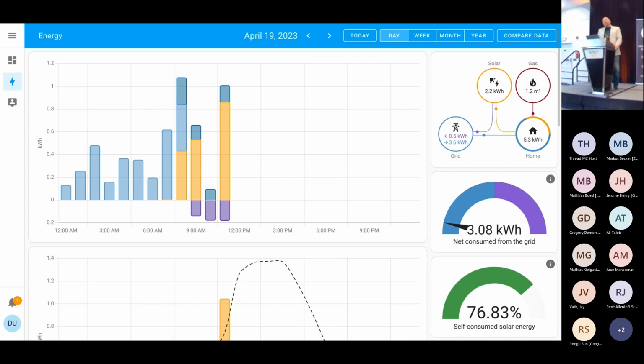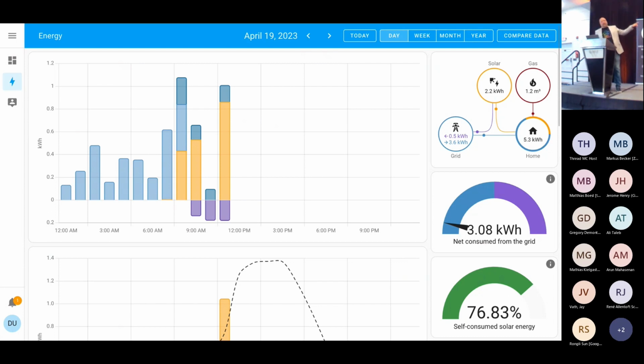And to get insight into your energy and to actually have your smart home act on it, you need to gather data from various sources. You need to aggregate that data. You need to visualize that data. You need to automate on the data. And those are all things Home Assistant is excellent at. So we made this dashboard and we pull in all this different information. So for example, here you can see the blue bars, different shades of blue, electricity used from the grid. The orange and the purple is electricity from solar. The purple is electricity that the house could not use and had to return to the grid.